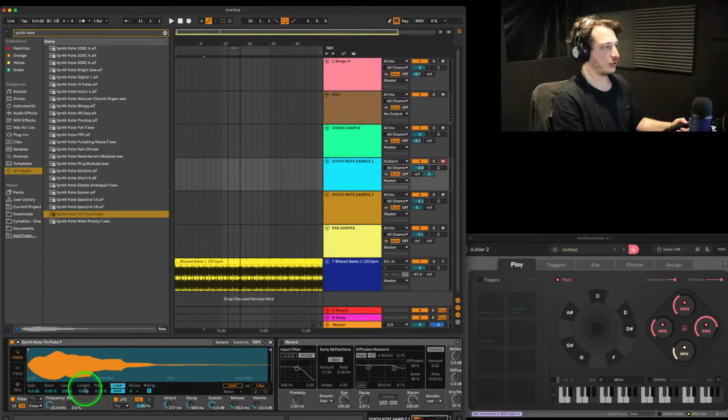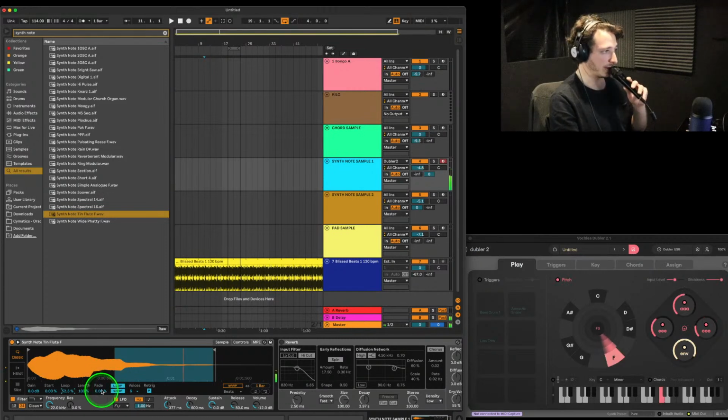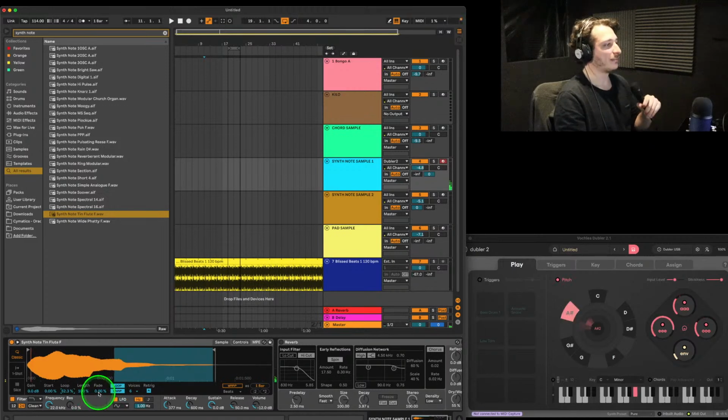So you want to kind of shorten the loop. Maybe bring it to around where the note is fading. Do that. And then you just increase this fade knob to add smoothness. So without the fade, here's how it'll sound. So you're getting a sound, you're hearing the transients. But if I increase the fade here,